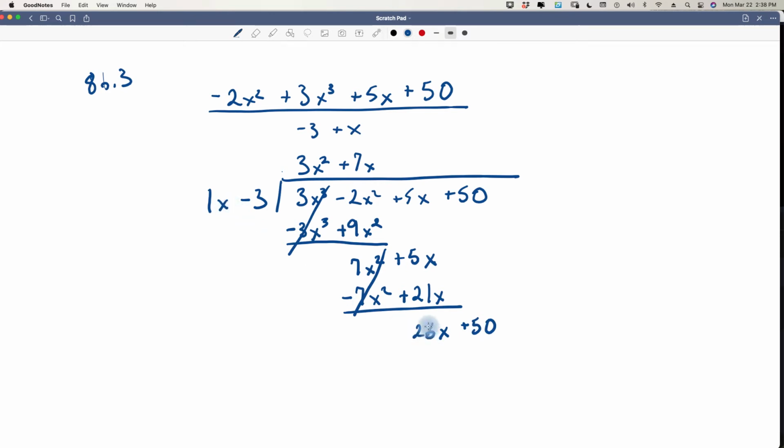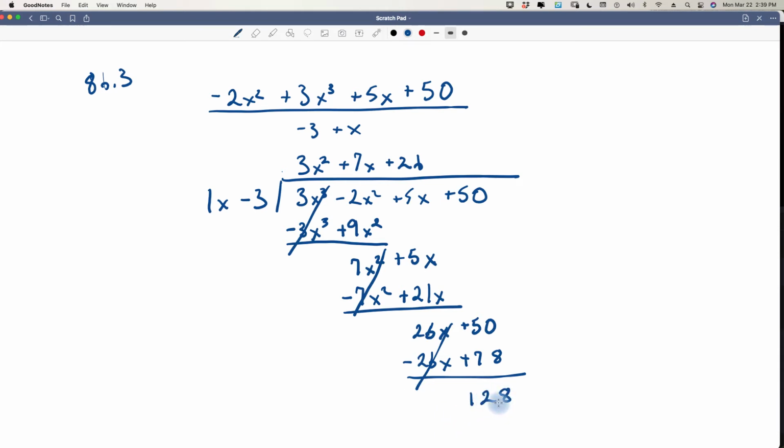1x into 26x leaves 26. Because if we did 26x over x, these two would cancel and we'd be left with 26. And that's the answer we have here. So now we say 26 times x is 26x, and 26 times a negative 3 is going to be a negative 78. Now we change the sign to subtract. That cancels, and we are left with